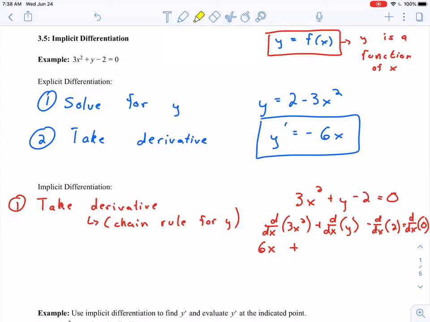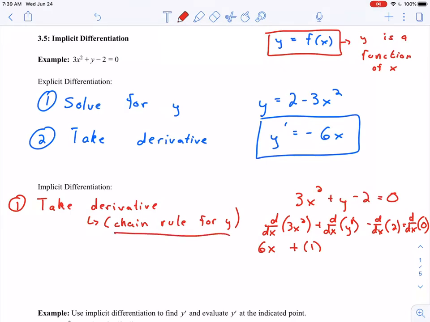So the way I would encourage you to think about this, I can think about this as y to the first power here. And I would encourage you to think about this almost as if it were just x to the first power. What's the derivative of that term? It'd just be 1. So the derivative of y to the first will also be 1,